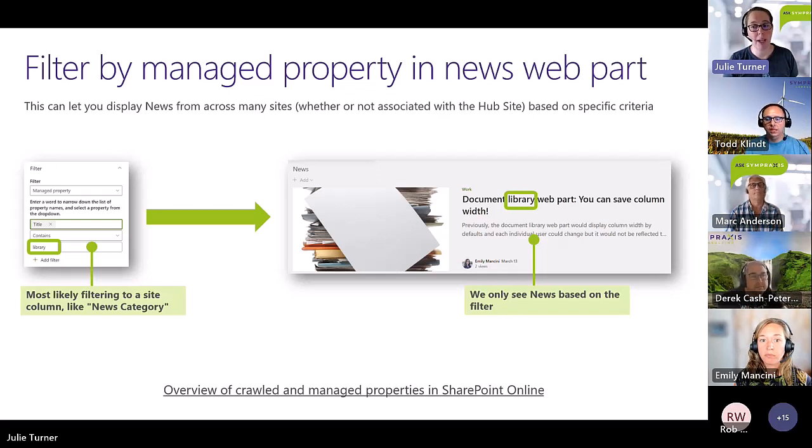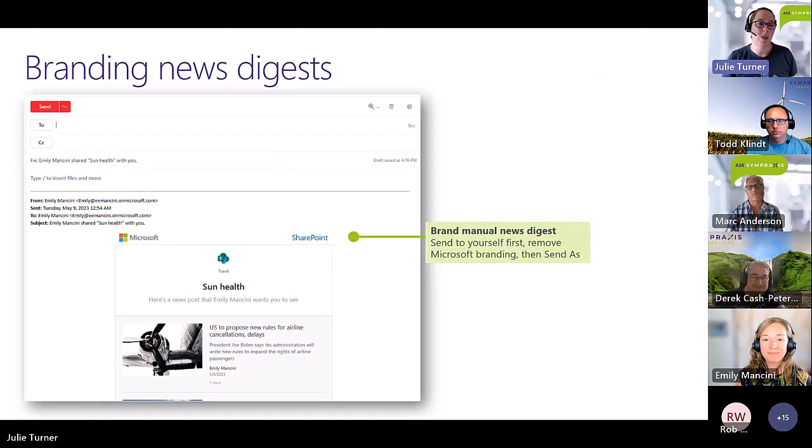I love Krista's comment in the chat. She was saying she created an expiration date column and then filtered based on that date being greater than today. So that's perfect. Exactly the point. You're giving a more curated experience by using the power of the managed properties in search. So that is an excellent example. All right, back to you.